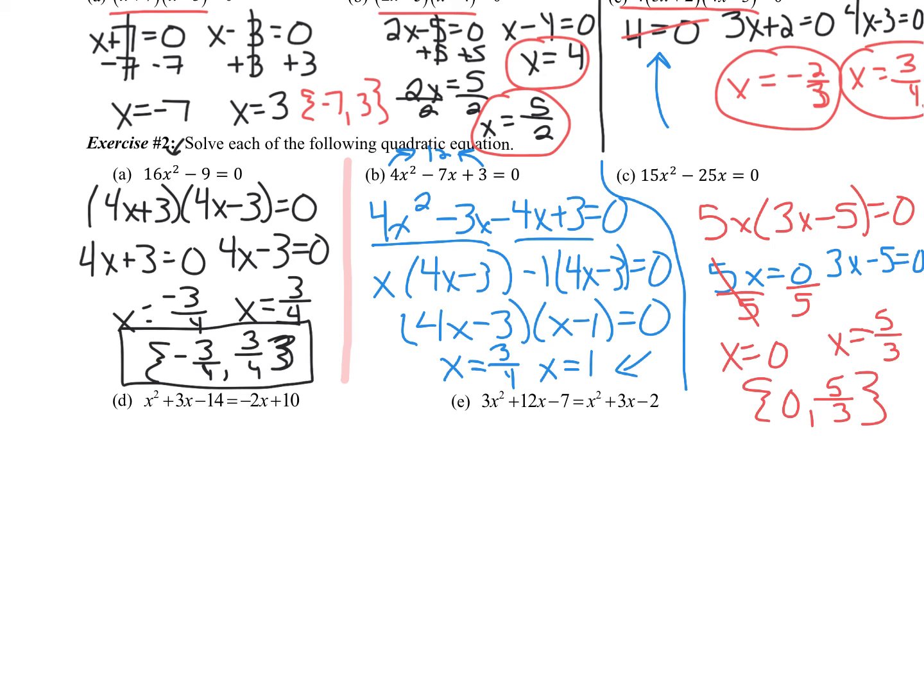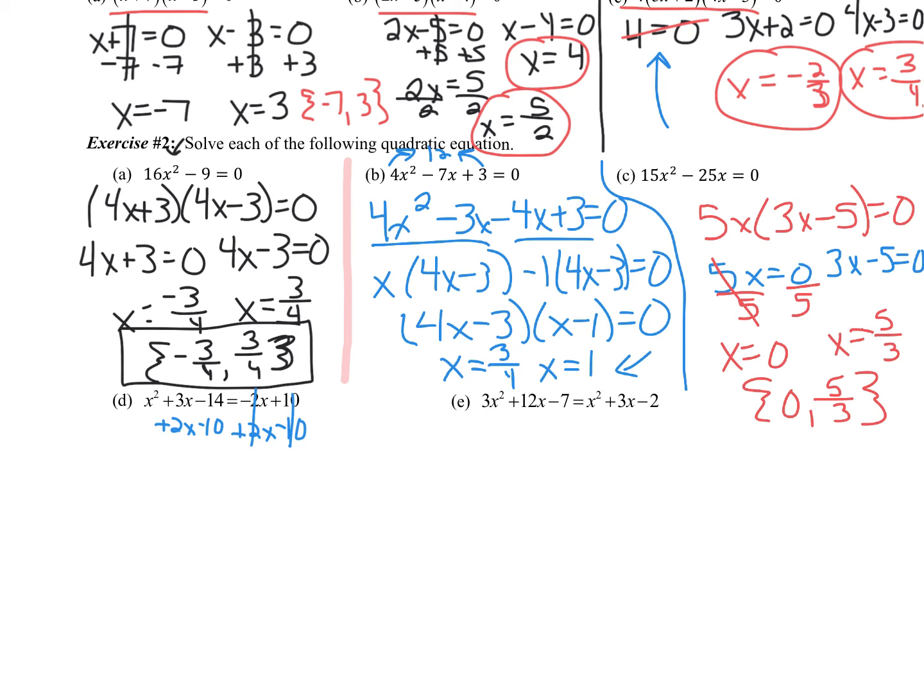Okay, so when I come down to D and E, you'll notice I don't have them set equal to 0. So in a lot of equations, like if it's a linear equation, we don't set it equal to 0. Like in the last unit, I just moved stuff around till x got by itself. But with quadratics, we can't do that because we have x's and x squareds, and there's no way to really get it down to just one of those two. So we still need to set it equal to 0. So in this case, I'm going to move over the 2x and the 10. So I add 2x, subtract 10, do the opposites,